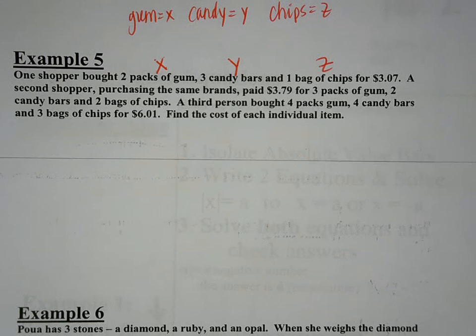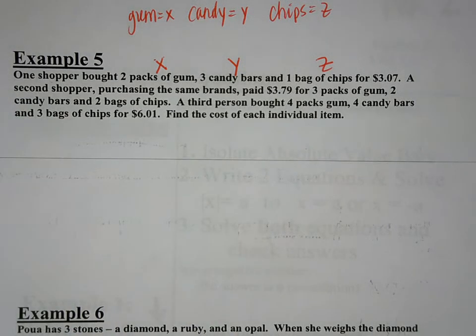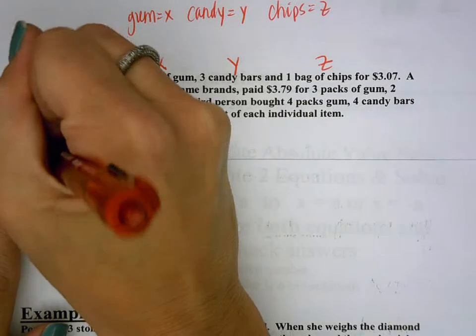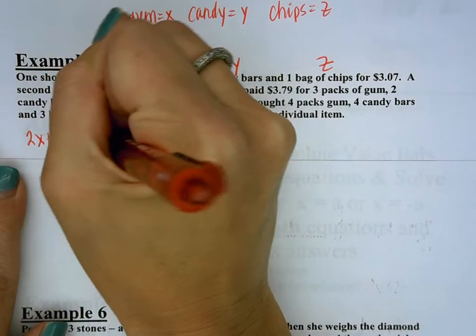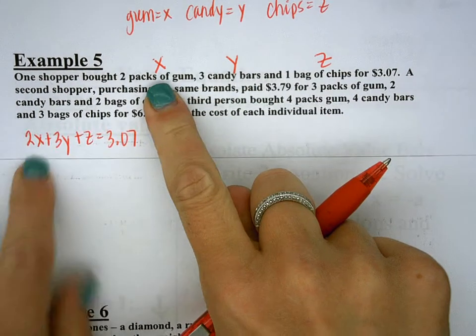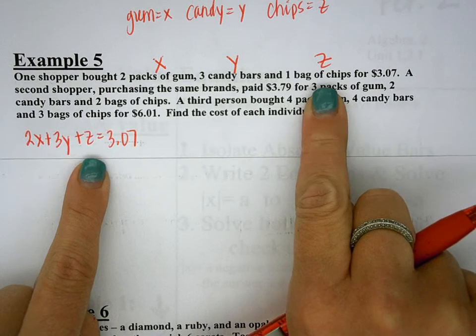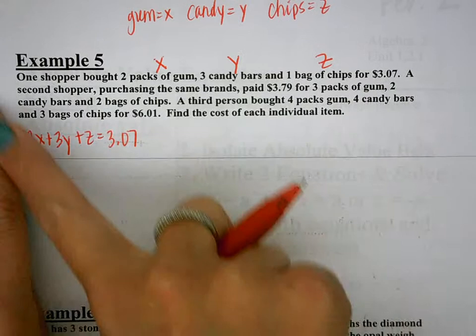So on this one, it's talking about what people are purchasing and the amount they spent. So we're going to write our three equations. So my first equation is going to be what? 2x plus 3y plus 1z equals 3.07. Perfect. Okay, did you guys get that? So 2 packs of gum, 2x. 3 candy bars, 3y. 1 bag of chips, z, equals 3.07. If you want to go through and write the x, y, and z on everything,